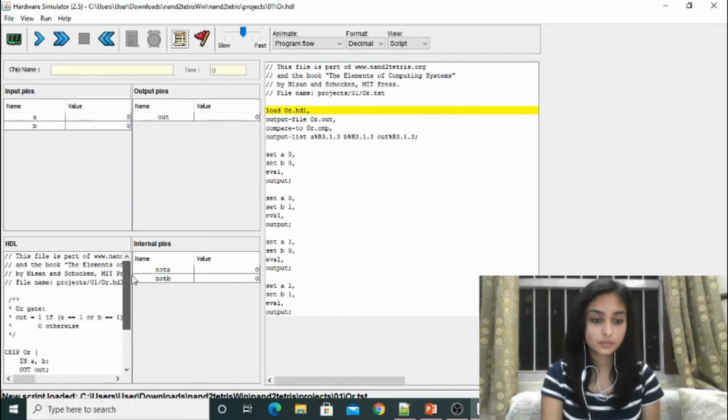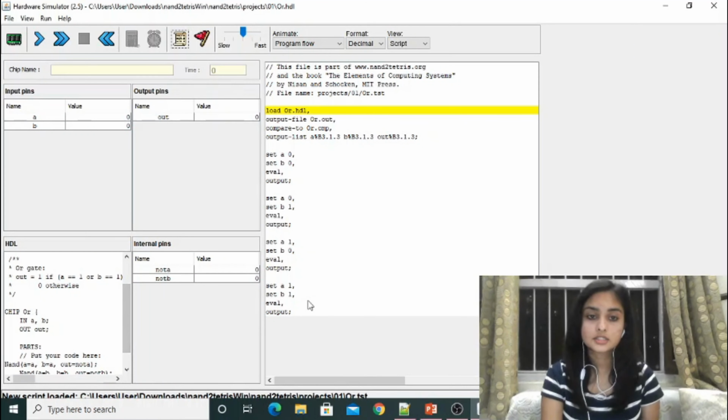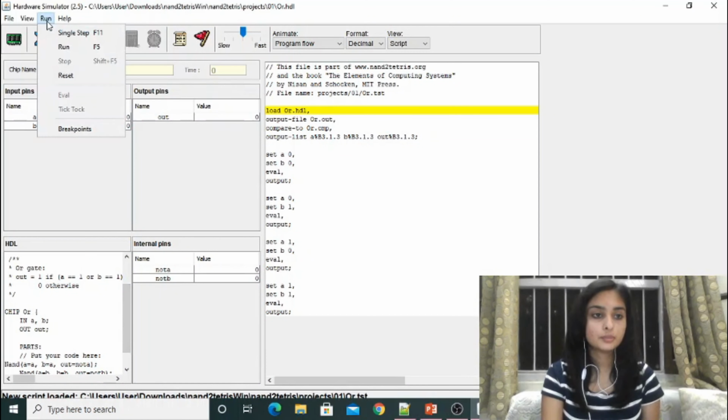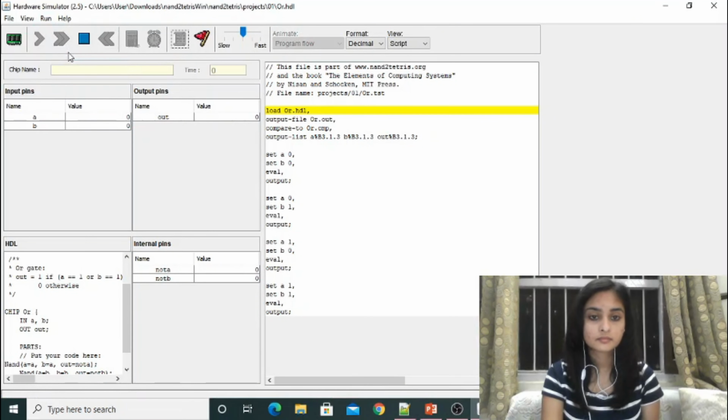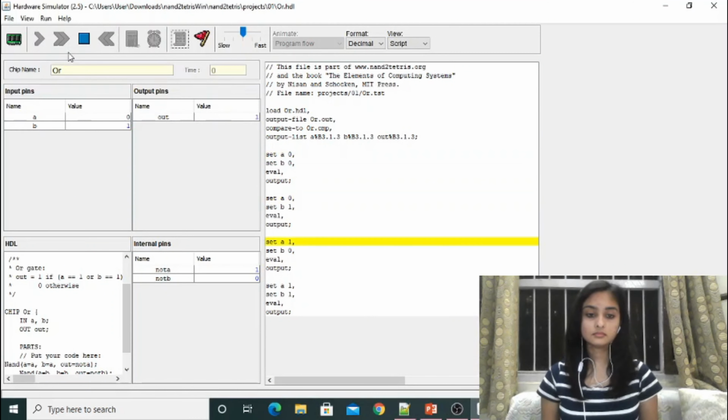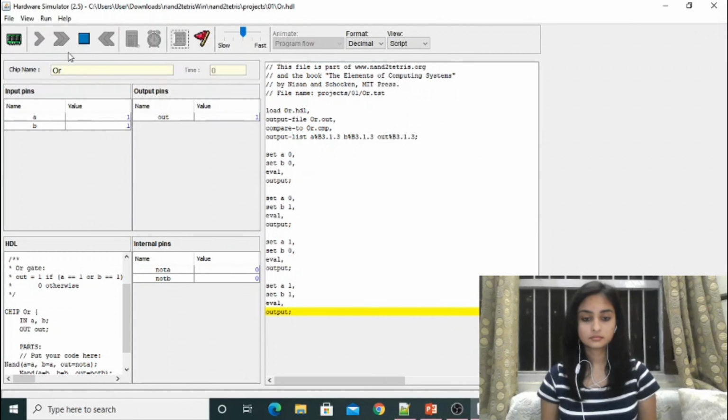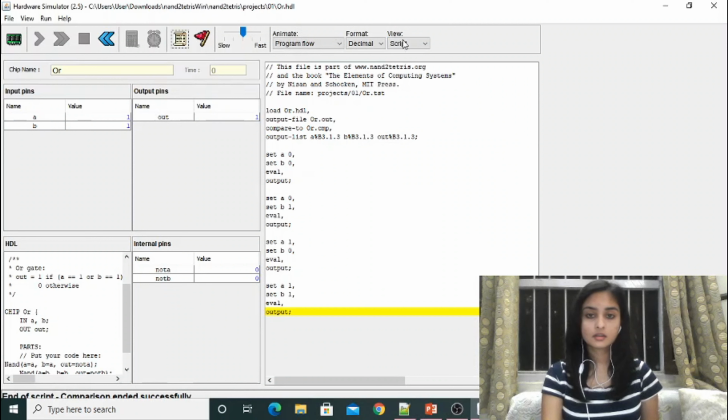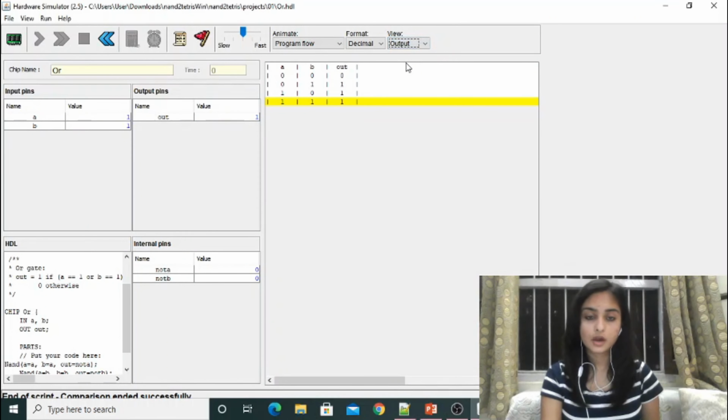This is the HDL code which we just saw, and this is the final script that we have. Now we will be running this. Now our comparison ended successfully, and now we check for the output. Again, we are getting the desired output that we saw in the PPT.